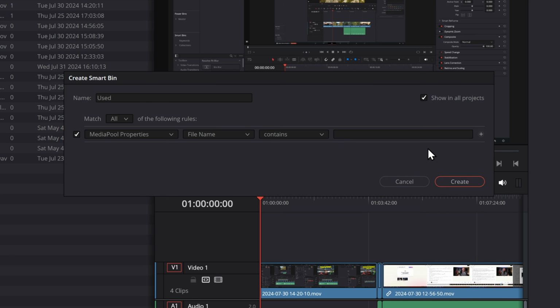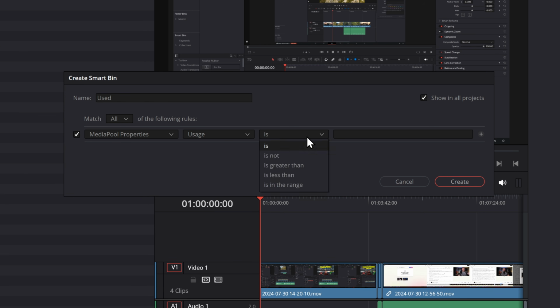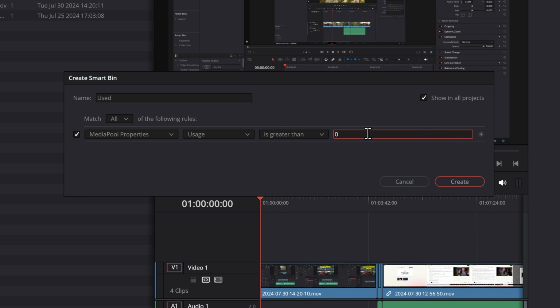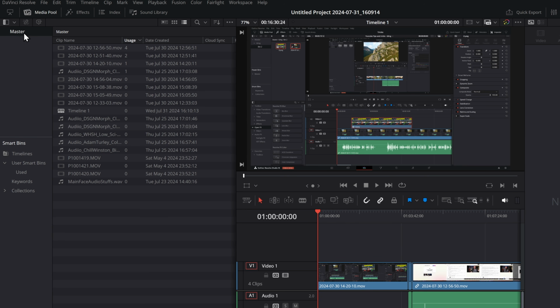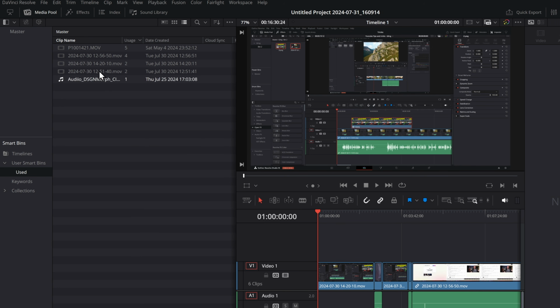be there. And then you can add different rules. And these are rules for how these smart bins are going to be filtered. But we want to find usage, and it's going to say usage is, I want it to simply say is greater than 0, hit create, and now we've got this user smart bins used, and any clips that are on a timeline will automatically appear in this folder. So if we go to the master bin, let's just grab a few more bits, put all these on this timeline, go back to the used, and now you can see all of the clips are now in this used